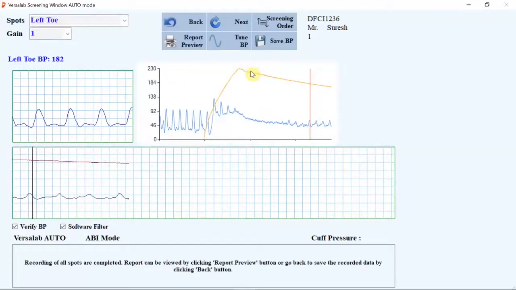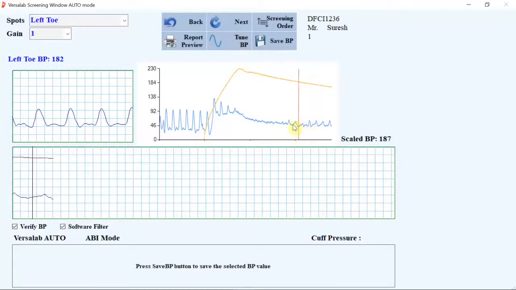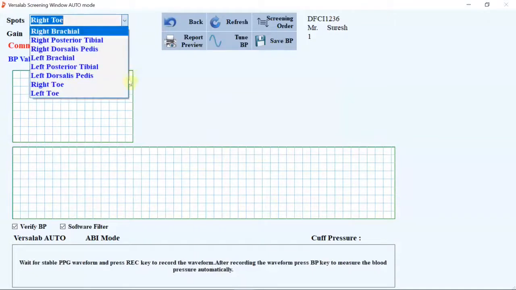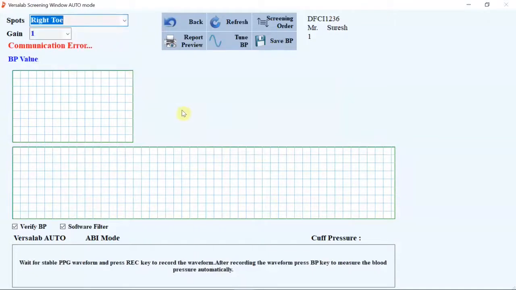Now it's picked up. Actually it's a little noisy. Now we have completed. Okay, we have completed all the parts.